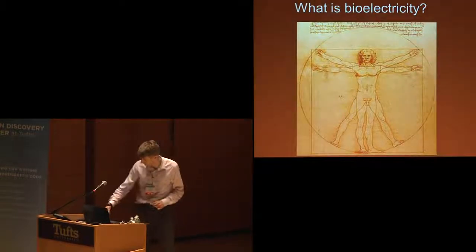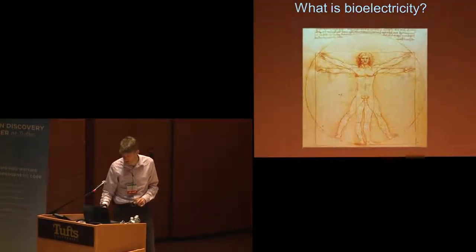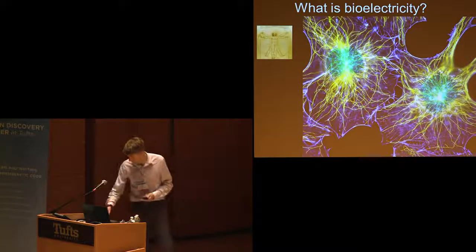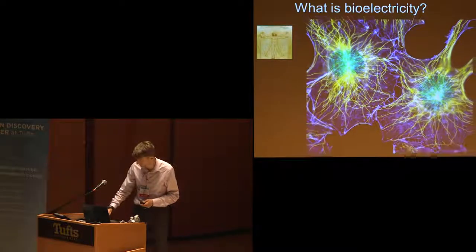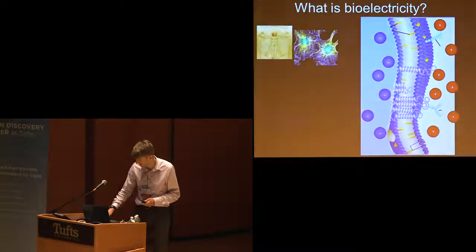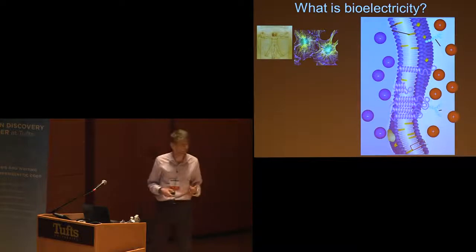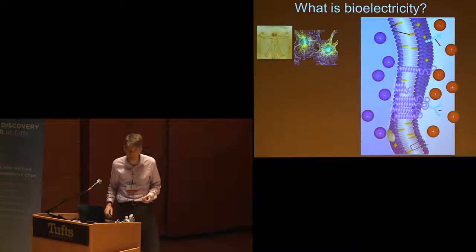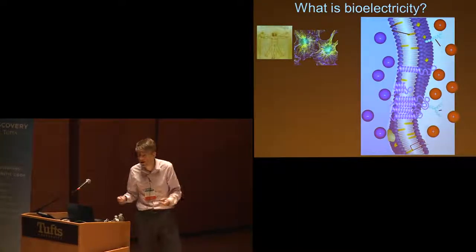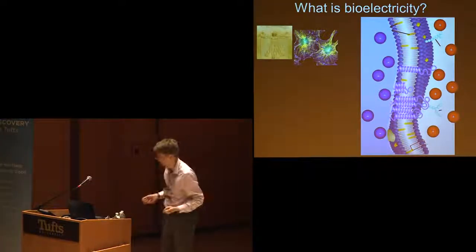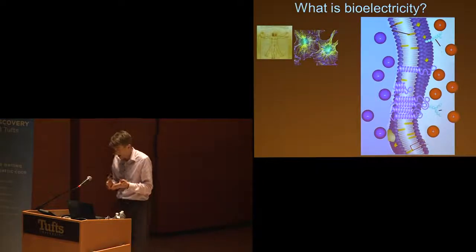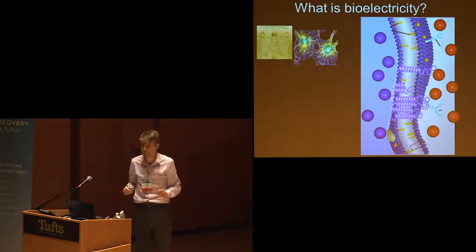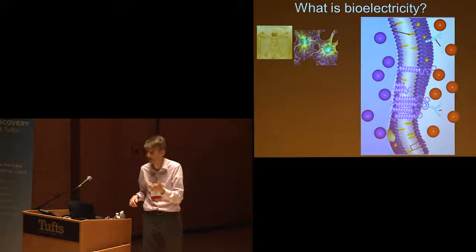So this is us. If we zoom in by a factor of about 10,000, we see the cells that we're made of. If we zoom in by another factor of 100,000, we see that these cells have an inside and an outside, which are separated by a lipid bilayer, which is an electrical insulator, while the media on both sides are aqueous ionic conductors. Ions can move around. You can have an imbalance in the charge across this membrane, which will then lead to a voltage across this membrane. You can think of this a little bit like a parallel plate capacitor.